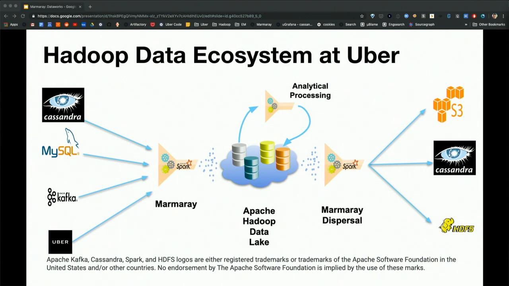We run our analytical processing, and again, we can disperse to Cassandra. Right now, we support Cassandra, S3, and HDFS. We're adding support for MySQL and other data stores as well. What sets it apart is that it's designed to be a generic ingestion framework, and it is not tightly coupled to any source or any sink, and we are very intentional with that design.